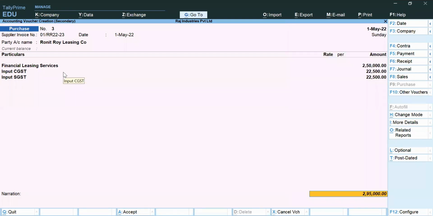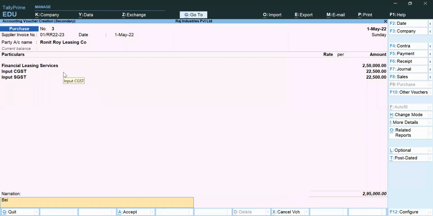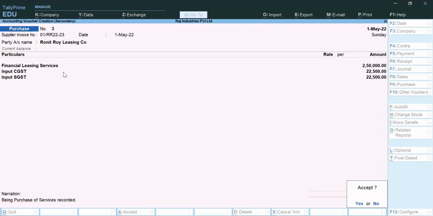All right, click enter, and this is a new reference because you are booking an entry. Now, if I want to repeat the narration, I can click on Control R, and you will be able to repeat the narration. Whatever narration you have written in the last voucher, you will be able to repeat it here. Now, I'm saving this